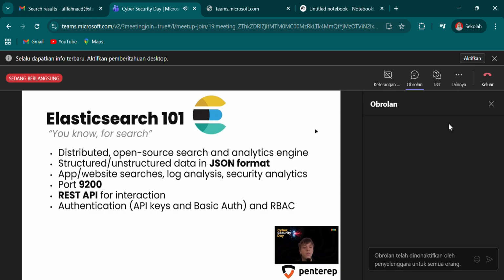Elasticsearch also provides additional functionalities which I think are important for my presentation. The two of them most important being authentication. Users can